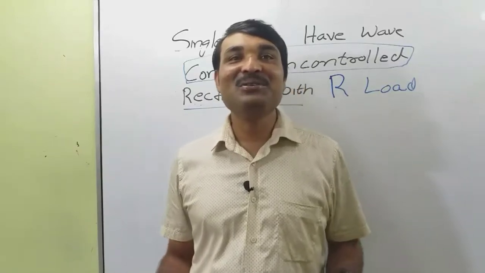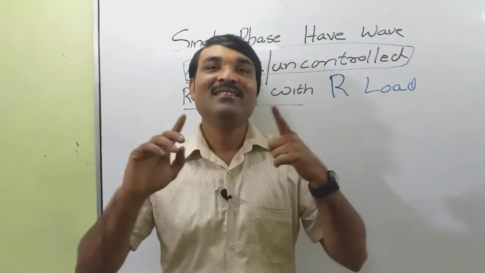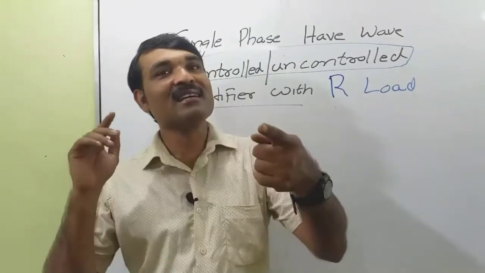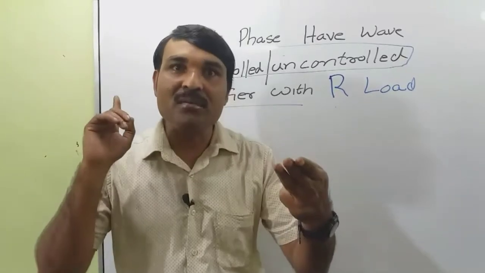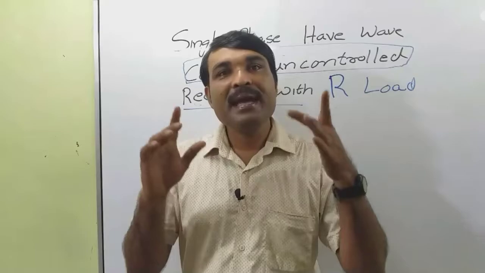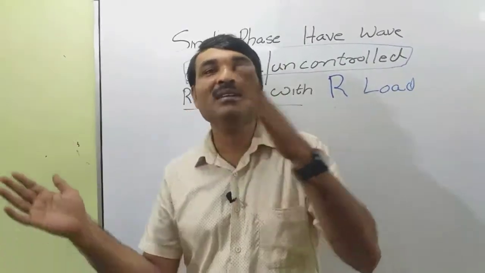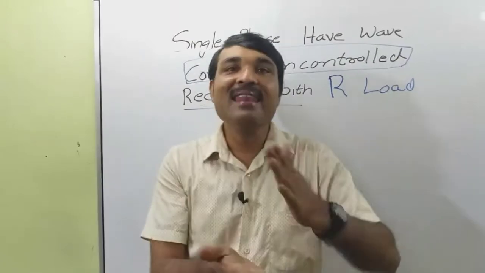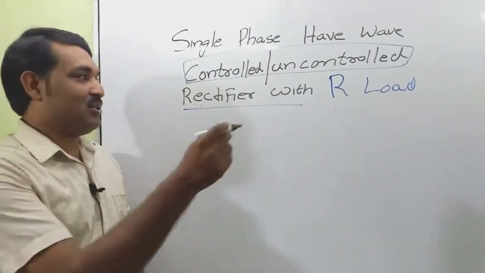In this session, we are going to discuss controlled and uncontrolled rectifiers with R loads and derive certain terms like ripple factor, form factor, transformer utilization factor TUF, efficiency, peak inverse voltage, etc. one by one. And we will compare the controlled rectifier and the uncontrolled rectifier. First, I am drawing a diode circuit.